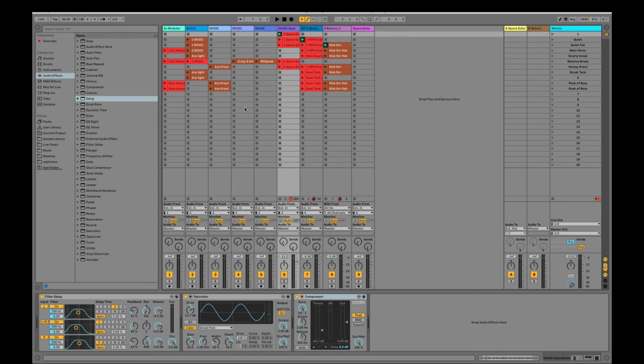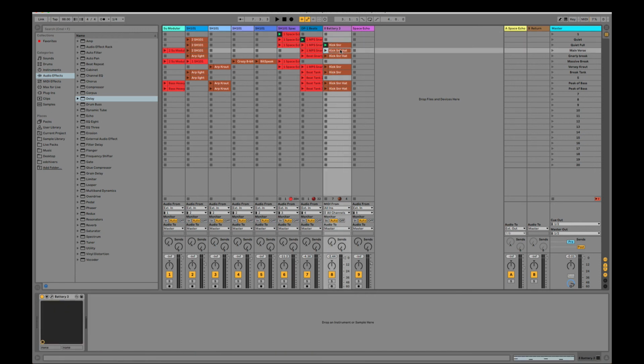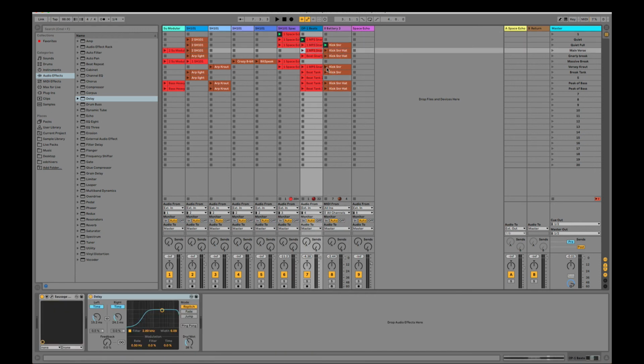Notice I'm on the, what's it called? Session view, the grid in Ableton. I tend to like working on this when I'm working on a song, working on individual loops, and then arranging them using the master track, kind of arranging them into, okay, I'll have these few playing at that point, and that'll be like a break, there'll be a verse, gnarly bit, peak of the bass, and then I tend to do a recording pass where